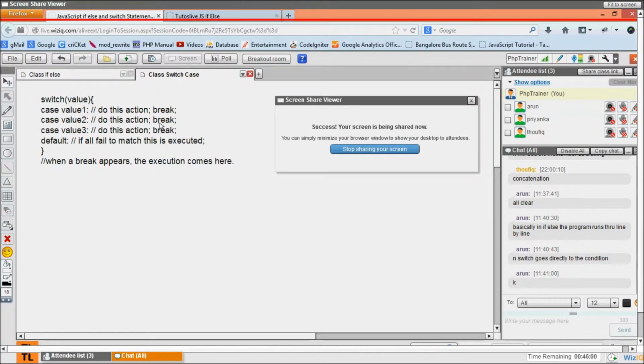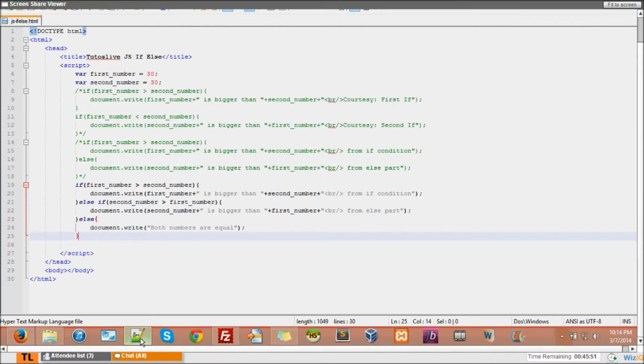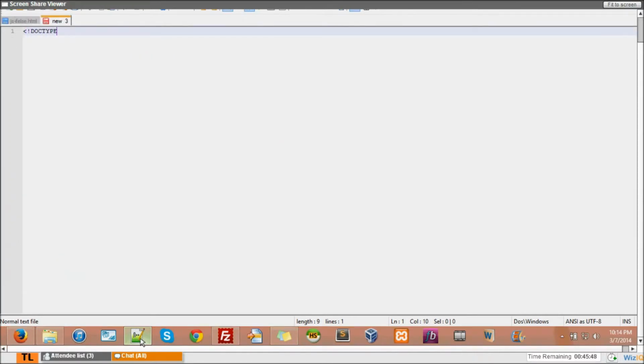So now let's go ahead and see one more example on our switch case. So here, doctype HTML, then a head, body, title.